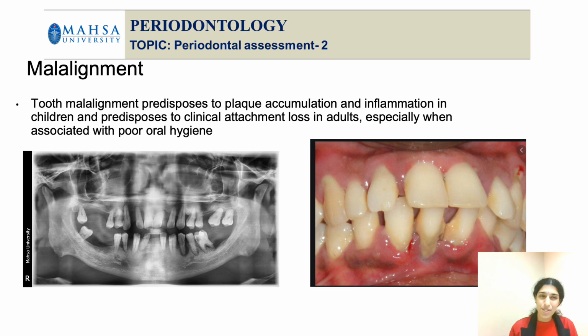See, in such situations, when the patient has crowding, definitely the ability to clean all the surfaces is compromised. So once there is more and more plaque accumulation, there is more chance of attachment loss and inflammation, right? So this is due to poor oral hygiene, but the contributing factor is the crowding there. So any malalignment, whether it is a rotated tooth or malaligned teeth, is predisposed to accumulation. As you can see here, there is a lot of accumulation of plaque or calculus deposits.